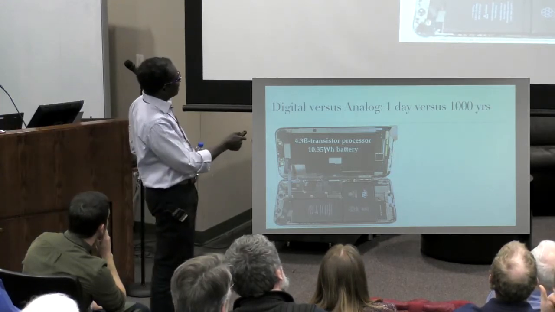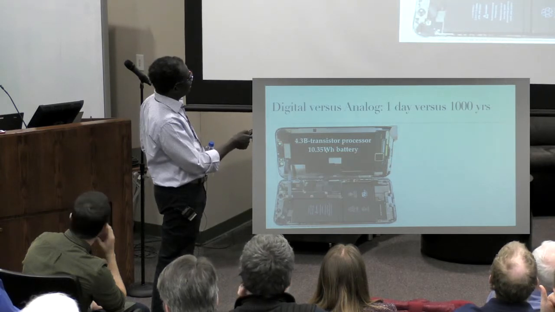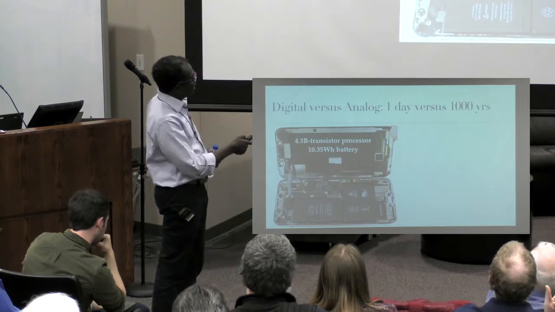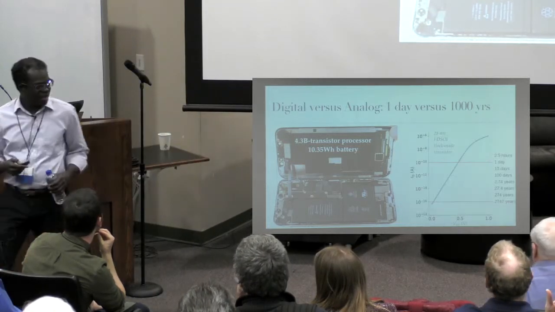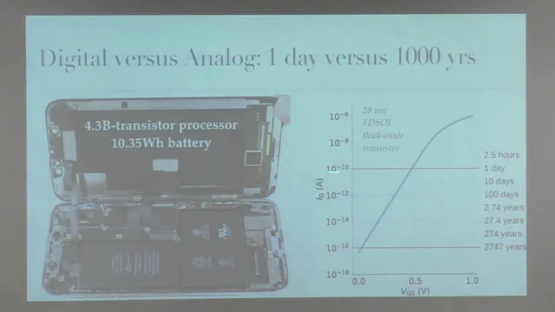And if you take that amount of power, how much current you can drain over that time, and you divide that current among these 4.3 billion transistors, it turns out that each of those transistors can, for the 8 hours, pass on the order of something like 1/10 of a nanoamp. So this is current, and that's how much, on average, each of these transistors is passing. They are not analog, they are switching, or they are sitting in the memory and they are leaking and so forth. But that's what it amounts to, draining that battery.